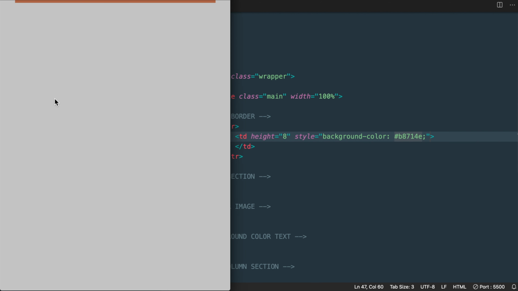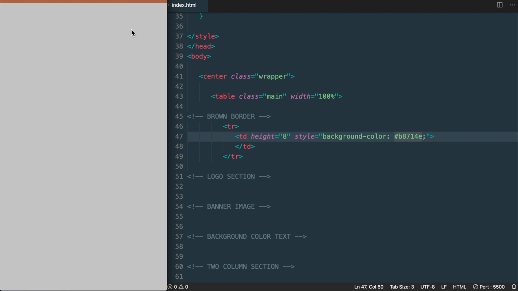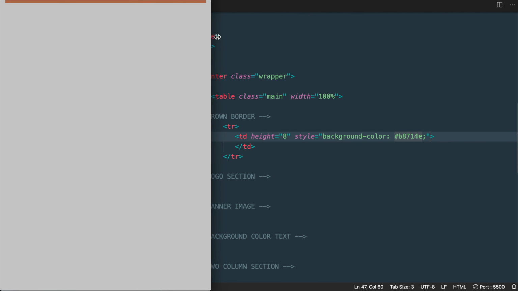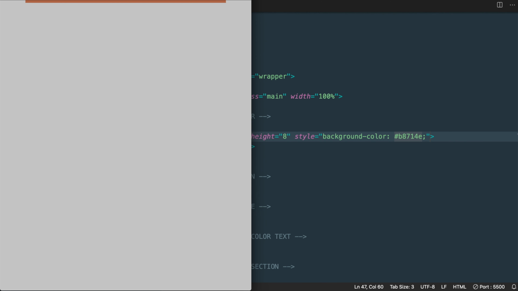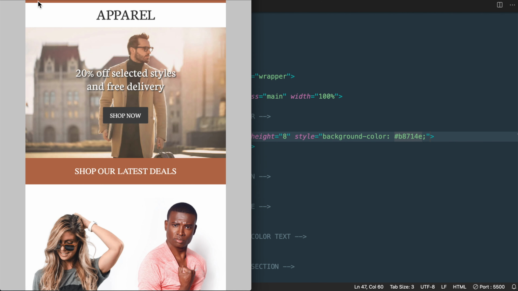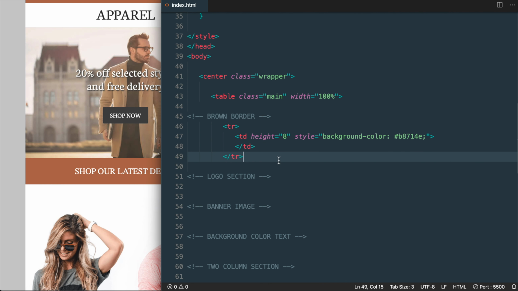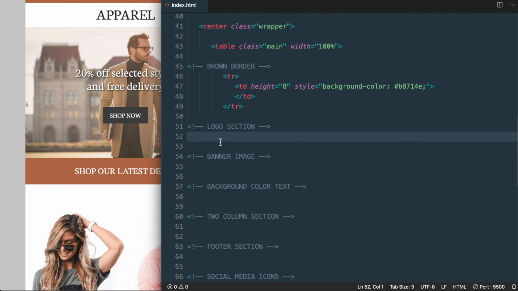So there we see our bar at the top, matching the original, and if we span down, it will only take up 100% of the screen without flowing outside of that on small screens. So now we're ready to add the logo that displays underneath of it, and since we're going to add some spacing around the logo image, in this case we're going to have a table row with the table data tag